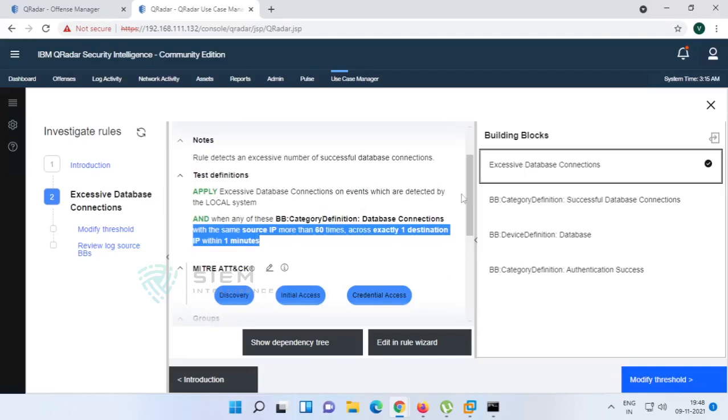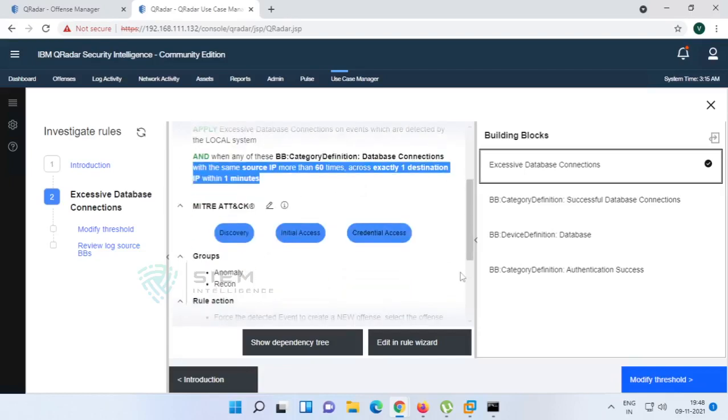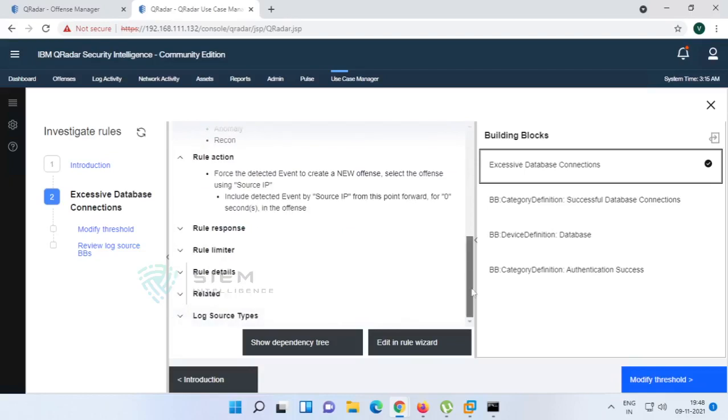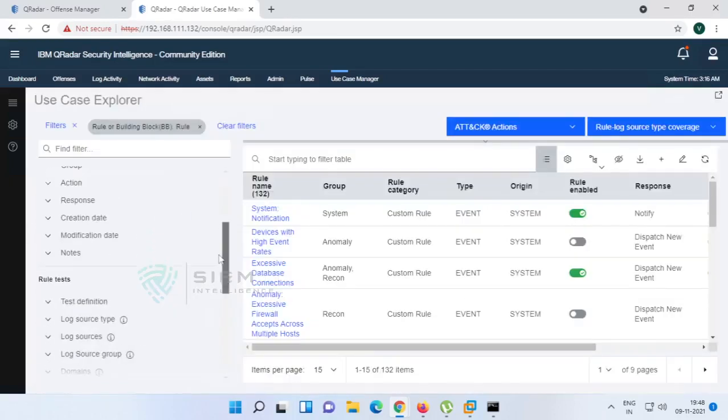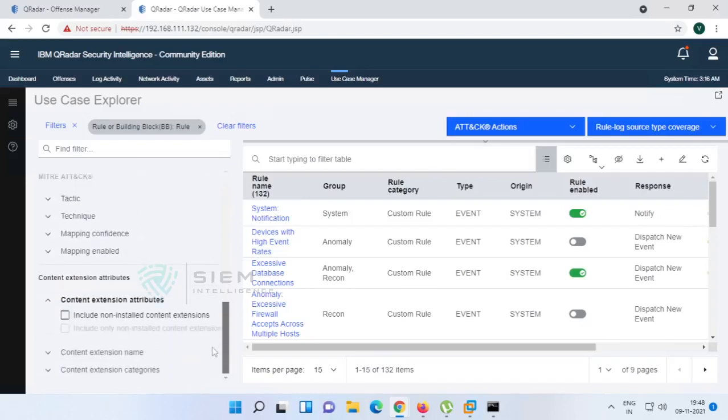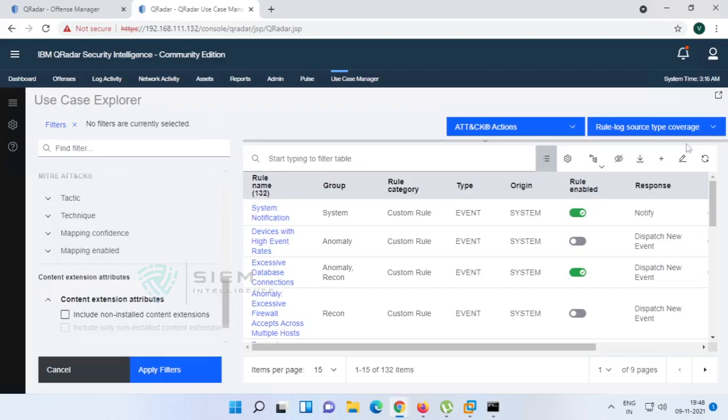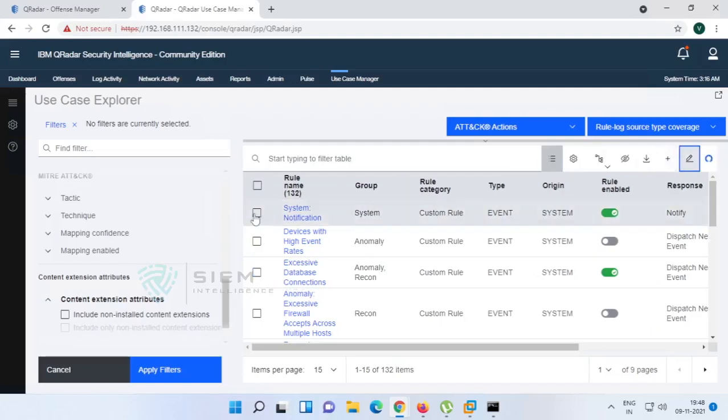So this is how you can start identifying the use case. So these are basically the rules. So many rules and so many options. You have to just keep on working on it so that you can come to know. Select for editing. You can select.